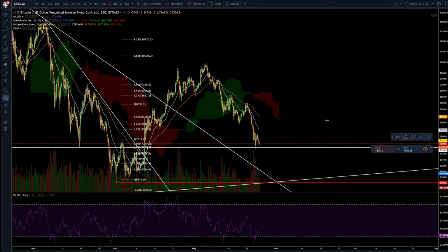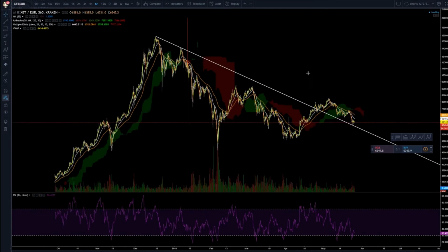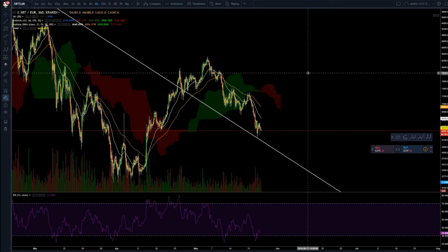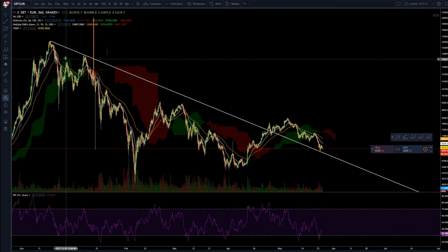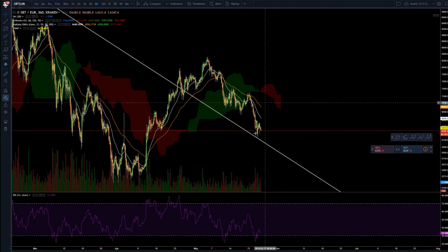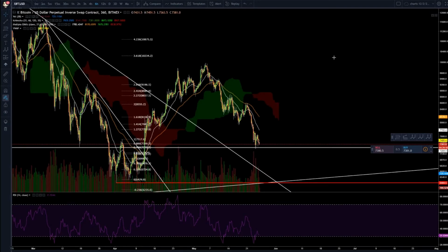You can also see this is, okay, so quickly about Bitcoin, guys. So this is Bitcoin on the Euro chart because it shows it better than on the USD. So basically we had this long-term downtrend, right? And then we bounced off this downtrend again. But we could potentially go under it, like I said in my Bitcoin analysis. The video's already up there, you can watch that. Then with Bitcoin USD,